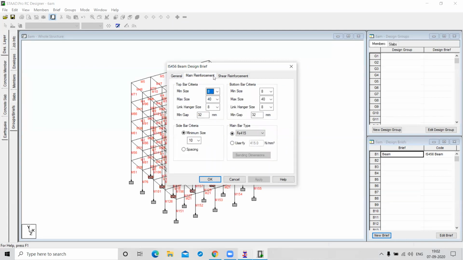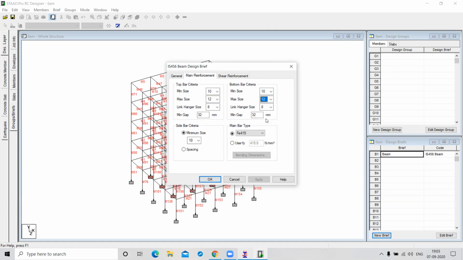In the main reinforcement, what is the top bar criteria and what is the bottom bar criteria? What is the minimum size for the top? 10 and 12? In the bottom also 10 or 12?